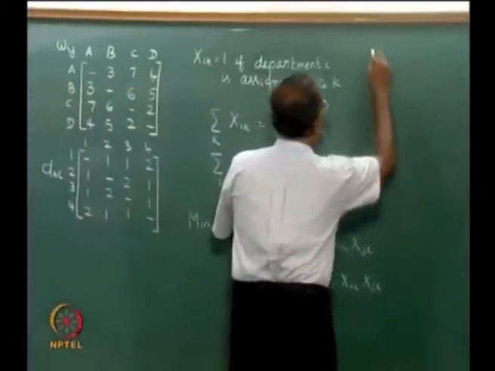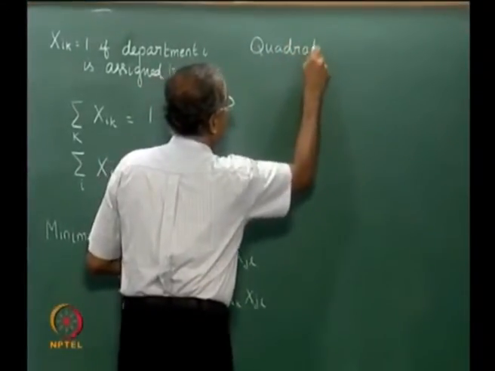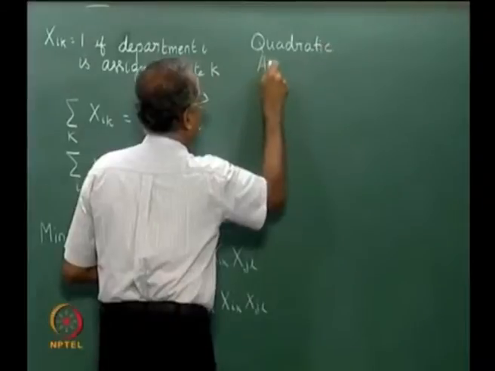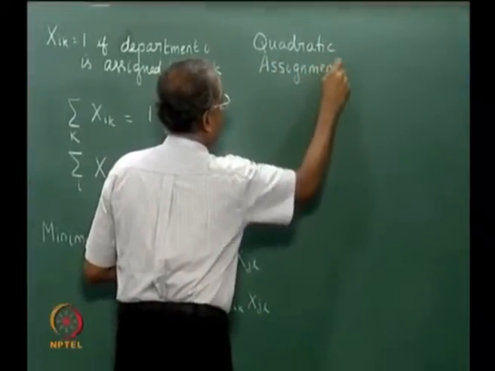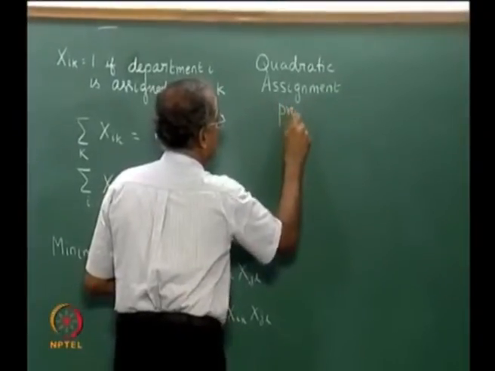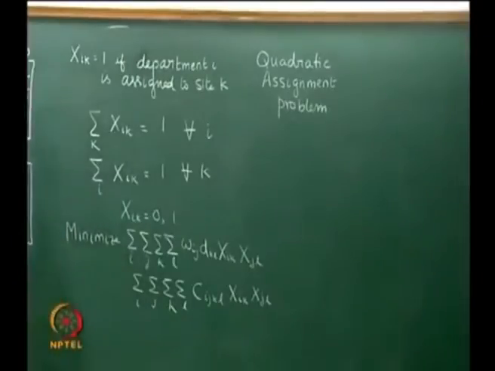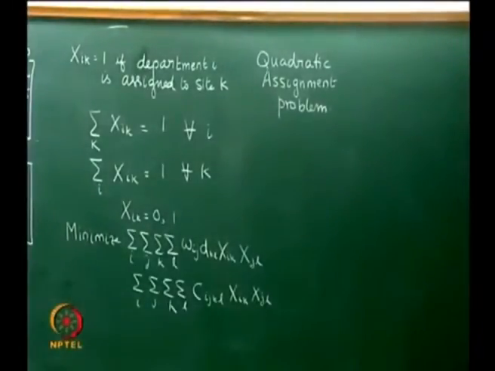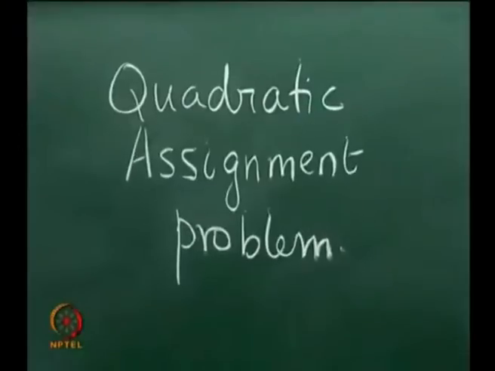It is called the quadratic assignment problem, and we can solve this formulation optimally to get the best layout for the